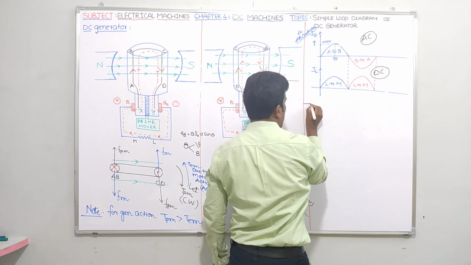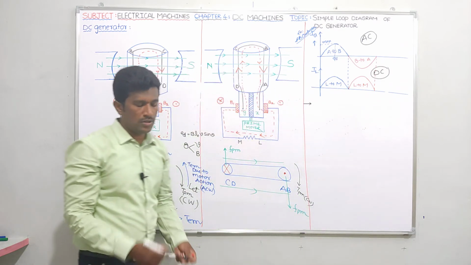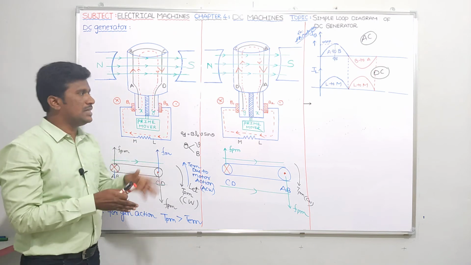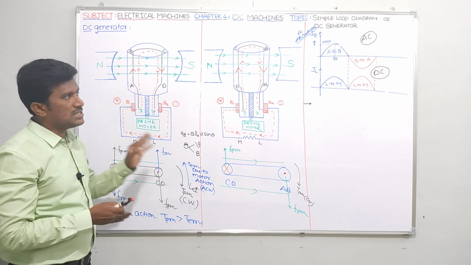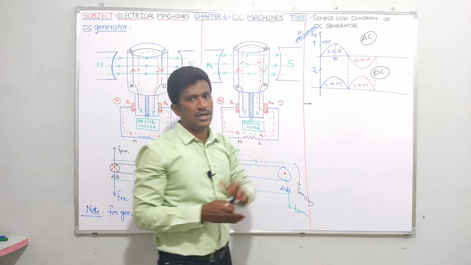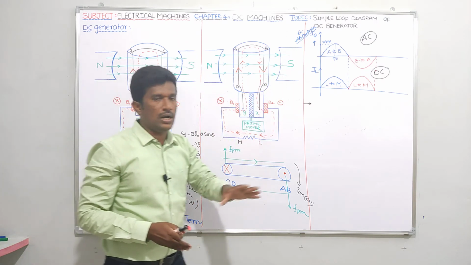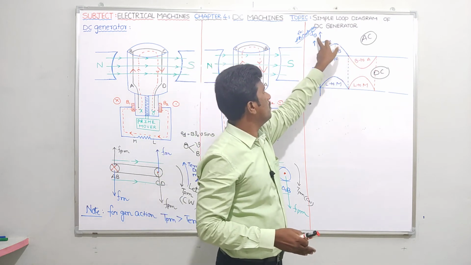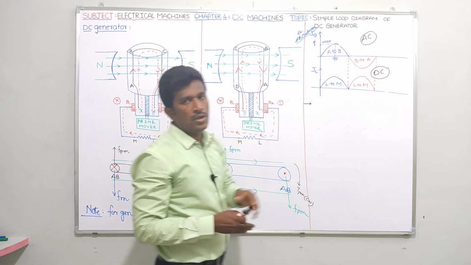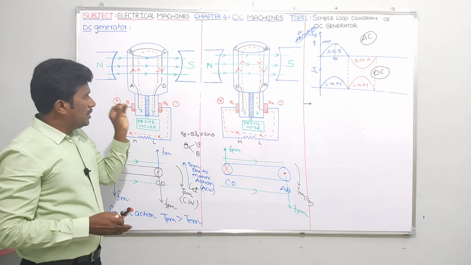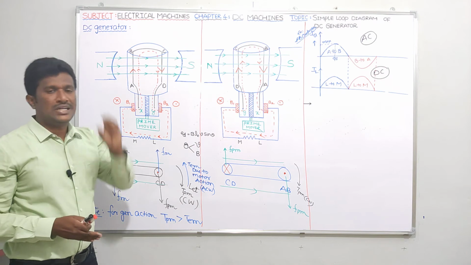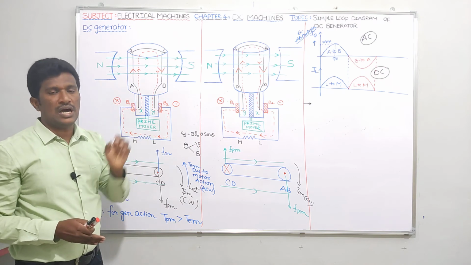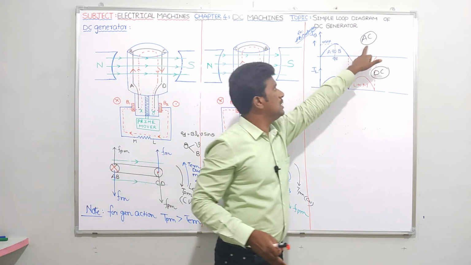DC. So first point, what is that? Let me give you that point here. Tell me what is the type of EMF or current induced in the armature winding. I had taken here, as an example, the armature winding, conductor AB. So tell me which type of waveform you got in IA. This IA waveform, I am asking, AC or DC? It's AC, no? So what is the conclusion I can give here? Because of generator action in DC generator, the type of EMF or current induced in armature winding is AC.